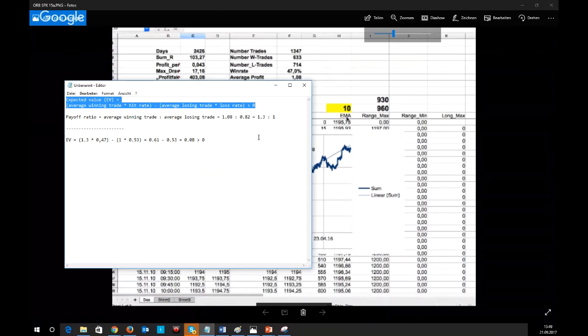All this is true. But, and this is the thing, you can't imagine how difficult it is to just keep on believing that this formula will play out in the future for you too. And this is exactly the reason why, and now let's close the big cycle here, that's one of the reasons why I personally believe, and I firmly believe, that this approach around this open range breakout is such a great approach,